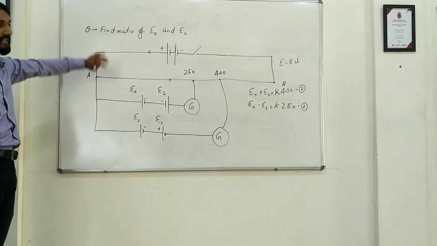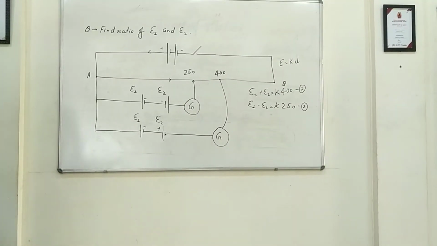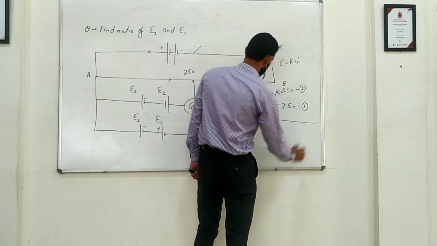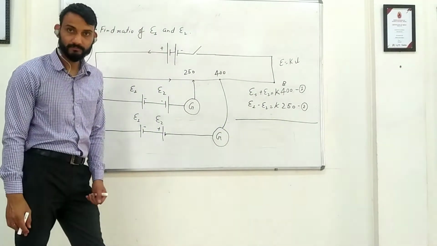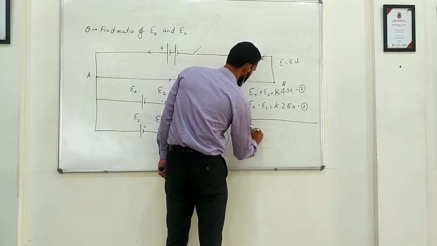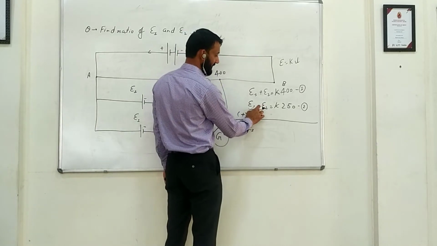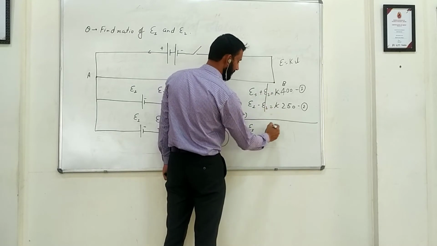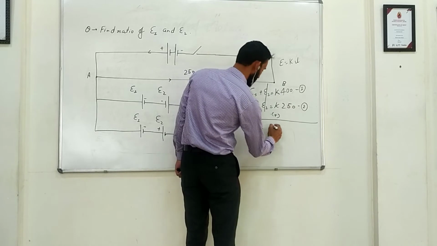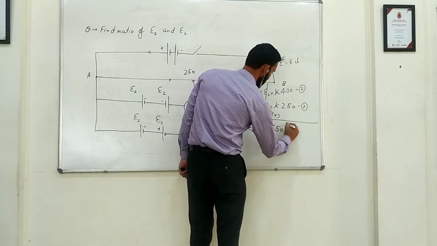What does the question say? The question says to find the ratio of E1 and E2, right? So what will we do? We will add them. If we add them, we get 2 E1, then plus minus, we are adding them, they will get cancelled out. This will be plus 250 plus this, how much? 650 K,